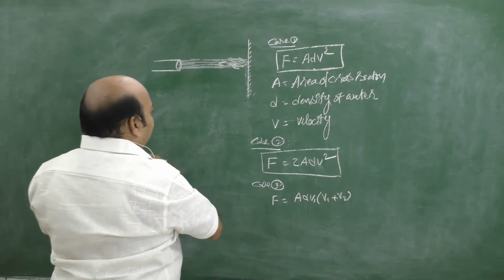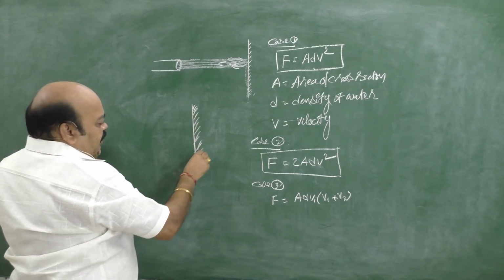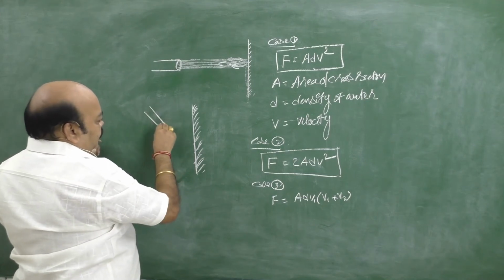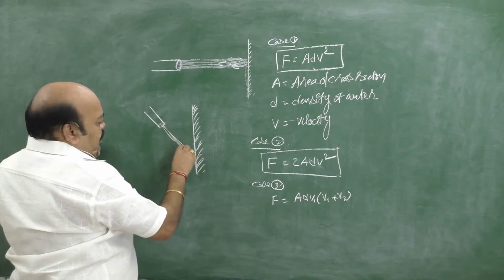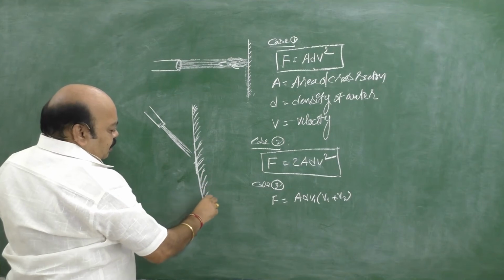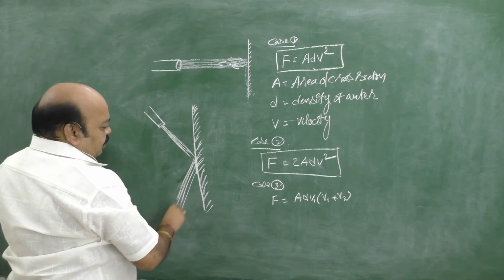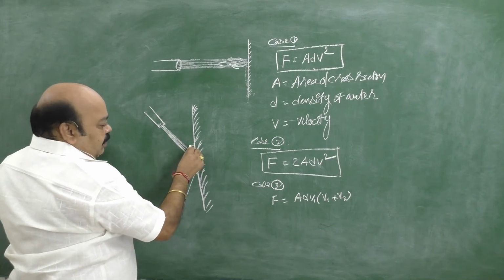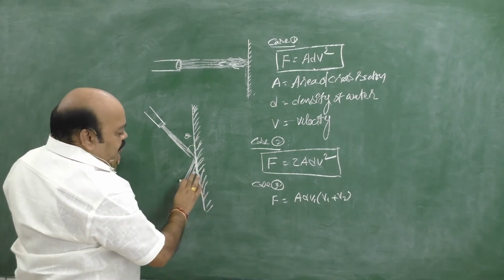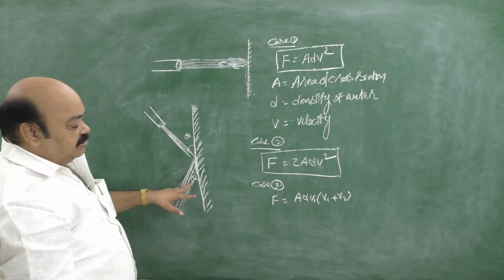See, here I am changing the concept. It is a vertical wall. Now what happens? See, water hits making a certain angle like this. This is the hose pipe. Water strikes the wall making a certain angle and rebounds symmetrically. Mathematically, the jet makes an angle theta with the wall and rebounds. Symmetry means we have to take the rebound angle also as theta only.